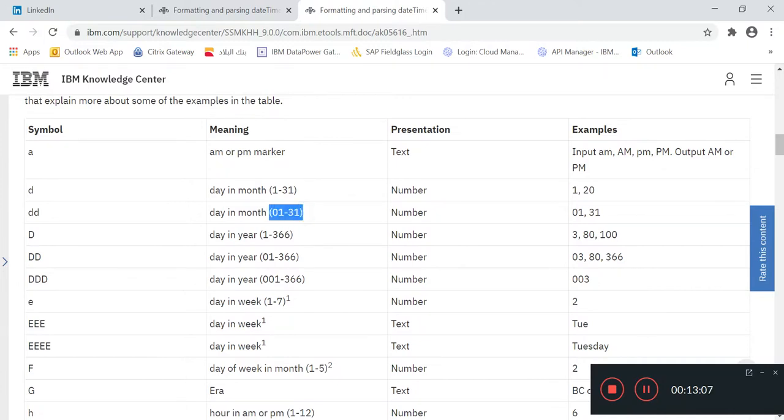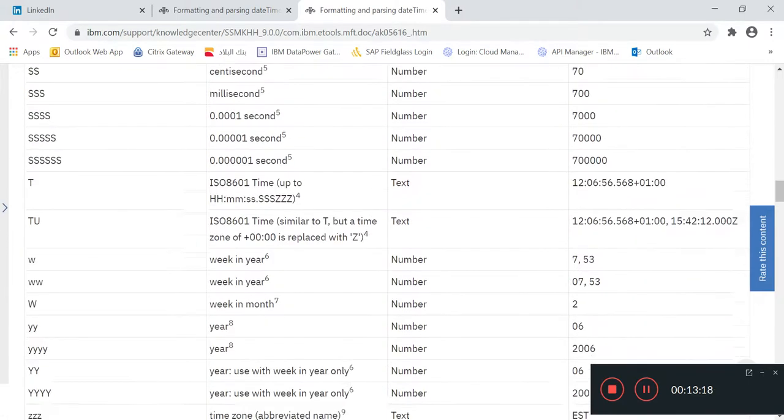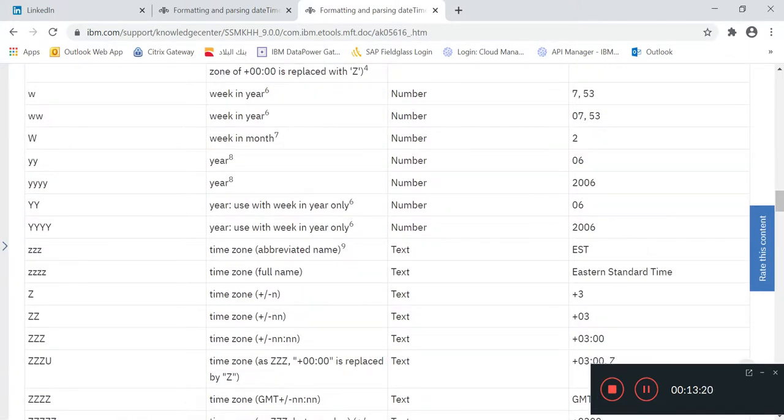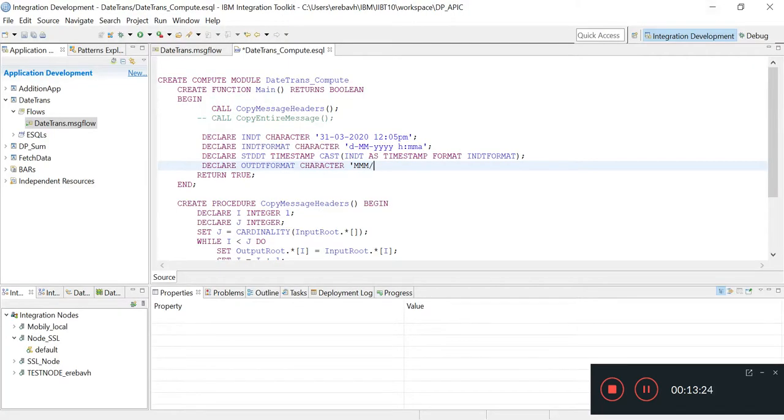Day in month with the 0 or without 0, we have to use with the 0. So double D, and year with the 4 digits, 2020. So I already showed you that, four Y. So DD slash four Y.